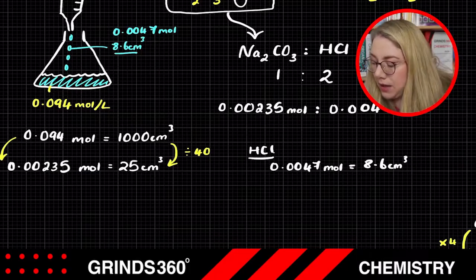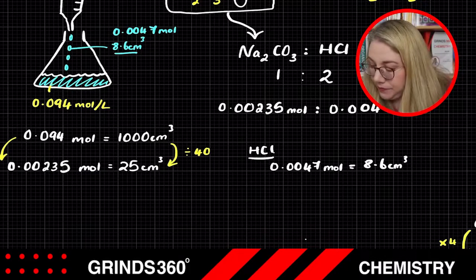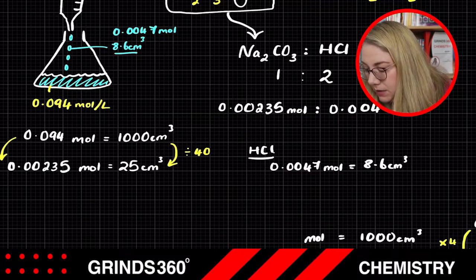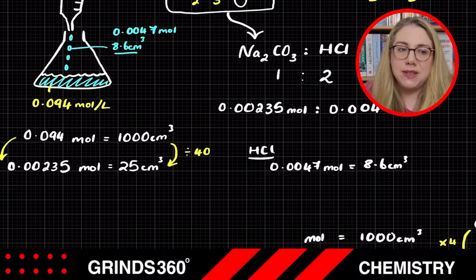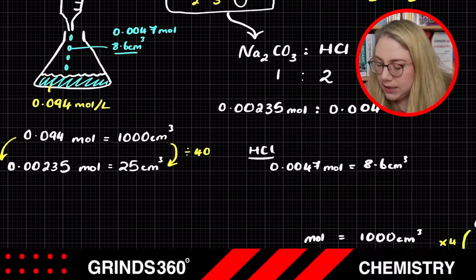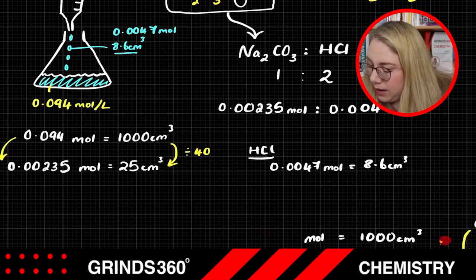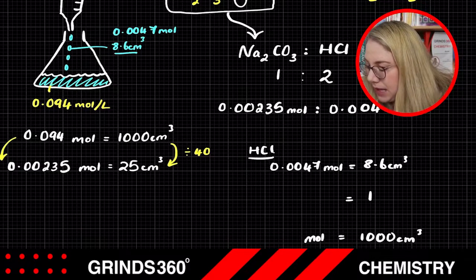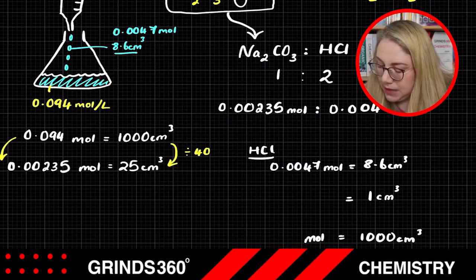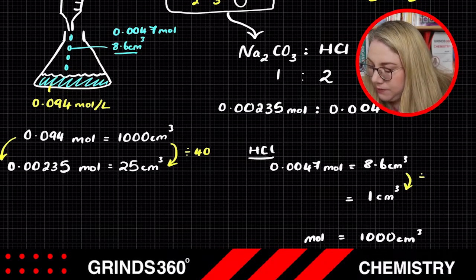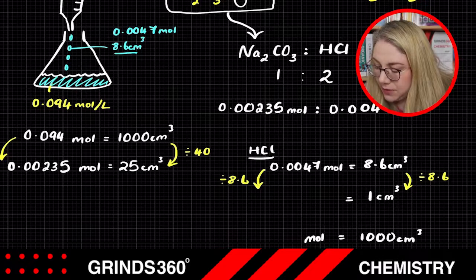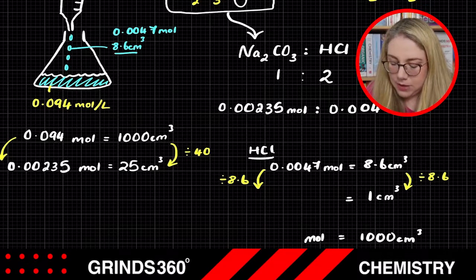If I want to figure out what that concentration is in moles per litre, moles in 1,000 centimeters cubed, to get from 8.6 up to 1,000, that's not the nicest of ratios. So what we're going to do is do this in 2 steps. You take your 8.6 centimeters cubed and bring it down to 1 centimeter cubed. How do we get from 8.6 down to 1? Well, you divide by 8.6. Whatever you do on the right, you have to do on the left. So we take the 0.0047 and we divide by 8.6, and that gives me